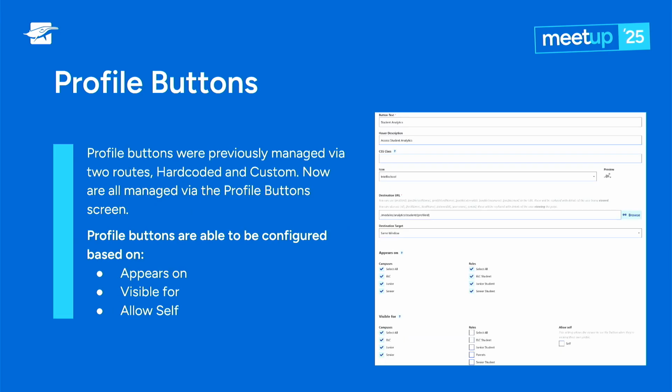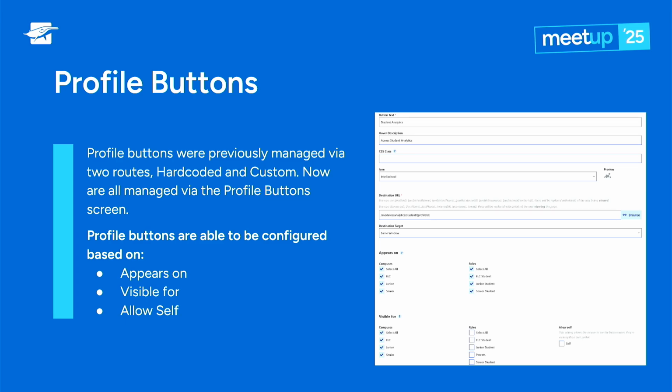Again, you might have been familiar with the profile buttons. This is things that a lot of schools use to access things like IntelliSchools, timetables, summative reports, various other web links that you might want to have appended the student's ID on the back of before they're passed to that system. Previously, you had some control of that in Schoolbox, but not complete control. And you now have complete control of how those buttons are shown, the order they're shown in, and who they're shown to.